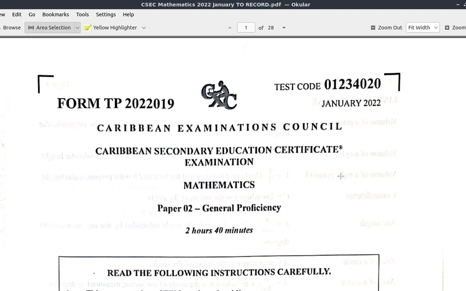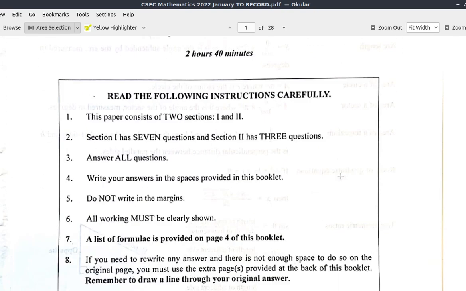This is the January 2022 CSEC Mathematics past paper. Now, I'm going to complete this paper,